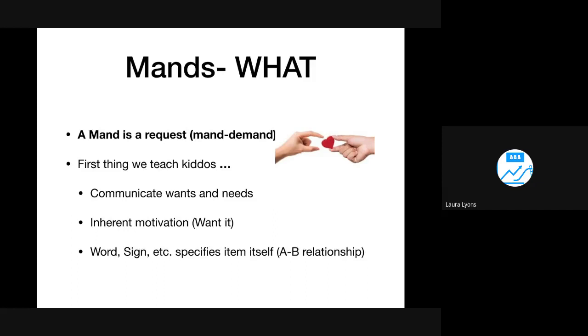All of our kids in our current ABA program use a host of different ways to ask for things. Some of our students speak in full sentences and use full sentence frames to request things. Others just use a word or a phrase, are echoing us, or using some kind of AAC device or sign. Again, there's a very clear A-B relationship with a mand or a request. You see the item or you have a desire to get an item or activity, and then that direct relationship is there. I ask for it, I receive it.